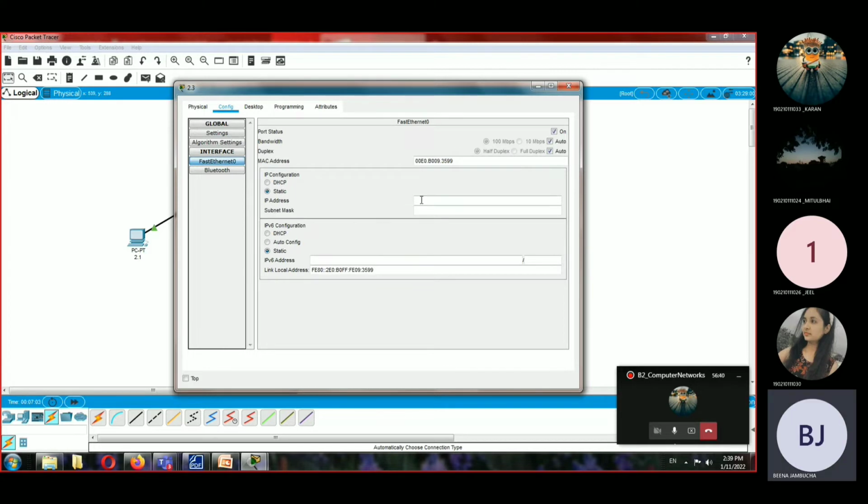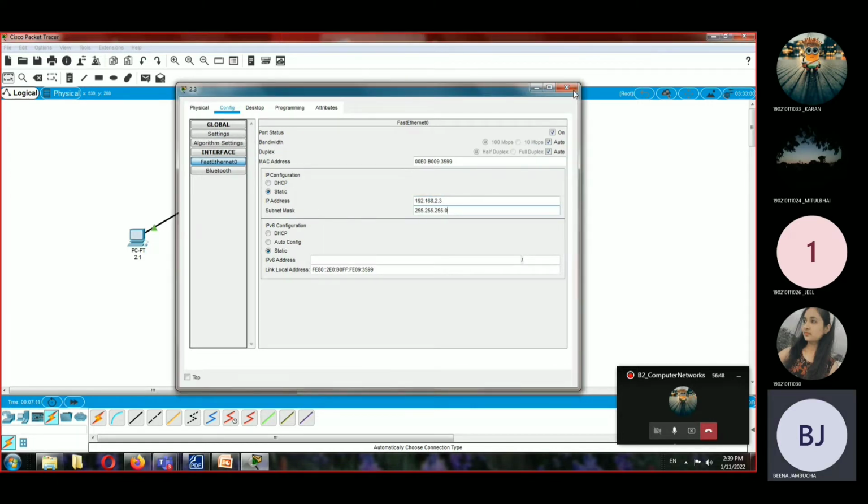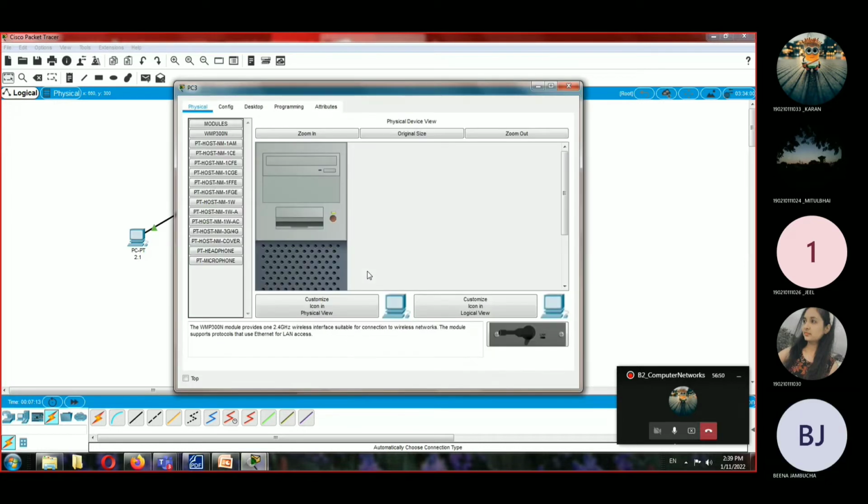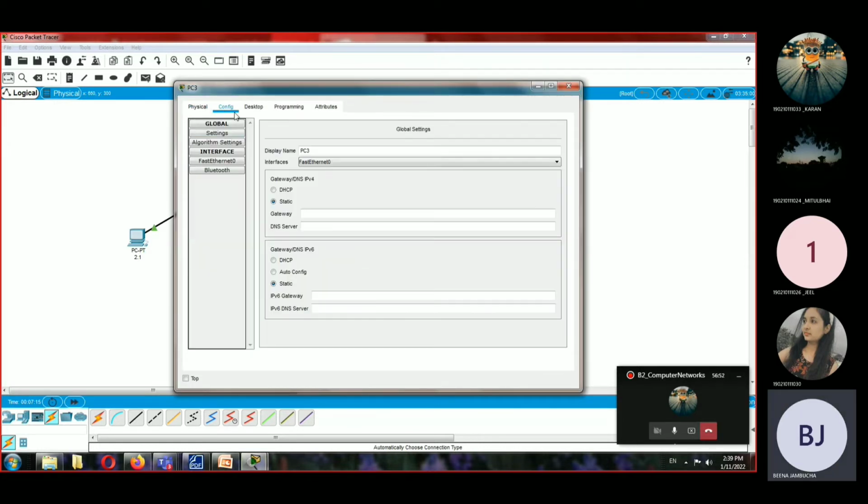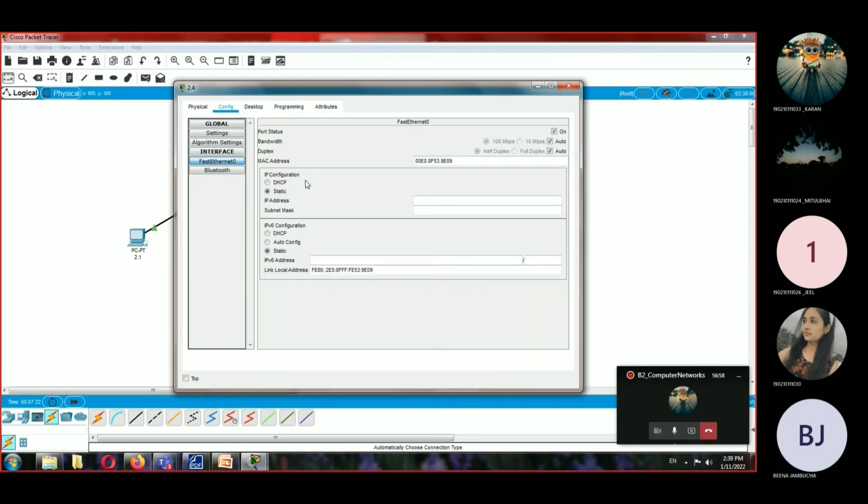Go in the fast Ethernet 0, 192.168.2.3. Okay. Go in the config. PC name is 2.4 and give the name 192.168.2.4.